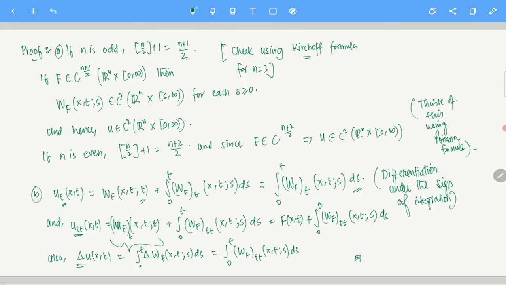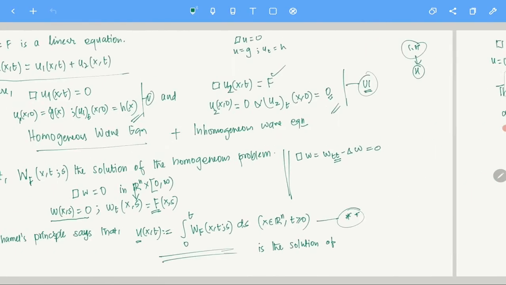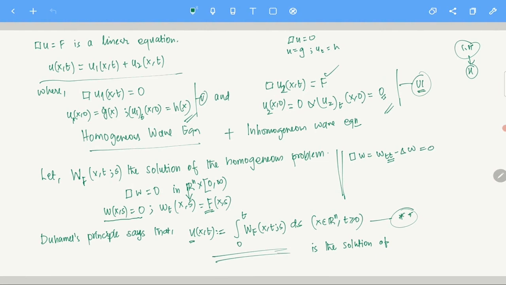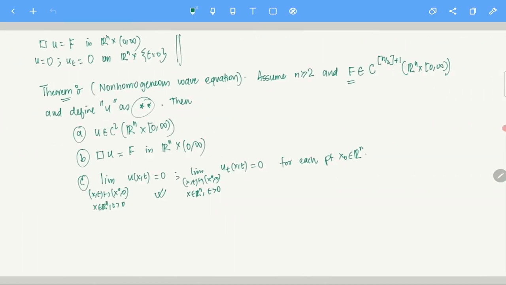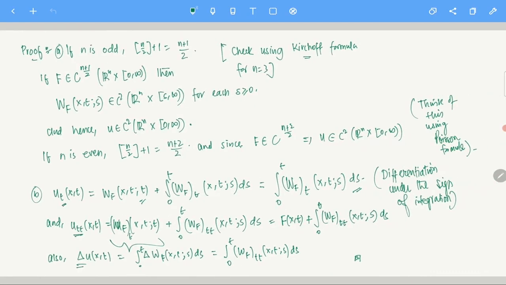Okay, right. Now I have another small detail to work out. Okay, so this is for n greater than or equal to 2. I hope this is fine. See this thing, what does it do? Using this theorem, we solved what 4 is. Yeah, 5 we already know via Kirchhoff and Poisson. Now if you want to find u, what you do, you just take those two and put it together. Okay, it is going to be an extremely big and complicated formula, but you have the exact equation, right? Clear? So that is there. Now this is for n greater than or equal to 2, if you remember. Yeah, now let us do it for n equals 1.